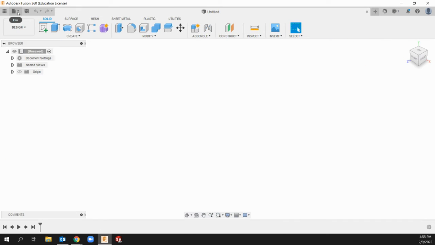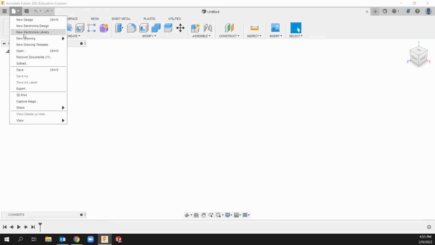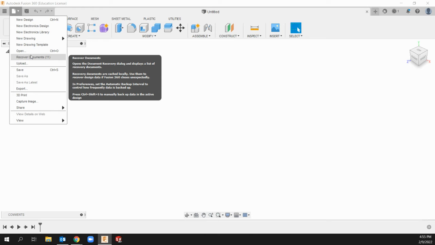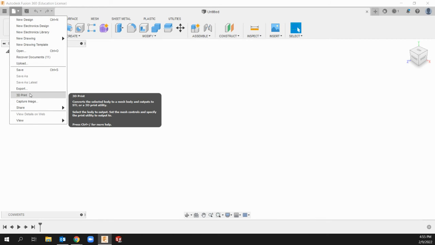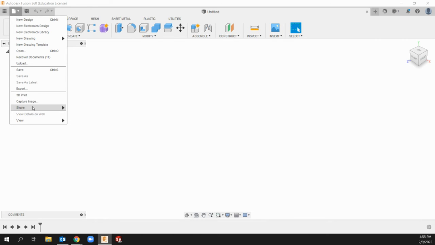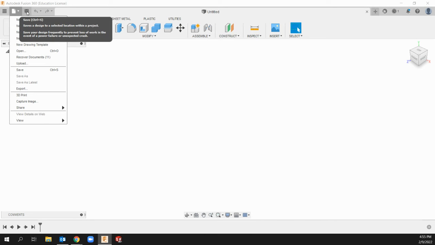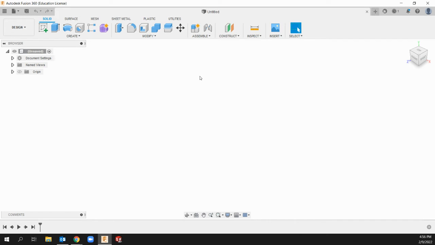Then moving on, we have our file tab. This is very similar to any other program you've seen, like even Microsoft Word and Excel. So here, we can create new designs, templates, drawings. We can save, export, 3D print. This will get us to our output. We can screenshot, share, and whatnot. Now there's a quick tab. It's default. There are preferences that we can change, but for default and basic means,